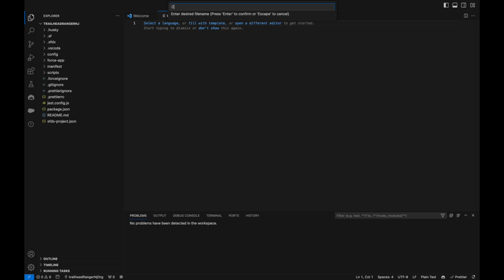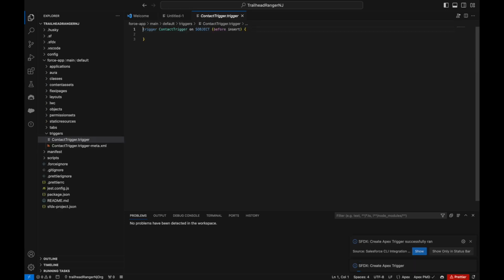You'll see this list, and then you can click on Create Apex Trigger, and you can give any name to this trigger. I'll be giving a simple name, ContactTrigger, and now you can see it is giving us the basic template of what its syntax should be: trigger ContactTrigger on which object, that is, on which standard object we should have this, and then what action we should perform on this. Okay, so we'll be updating the standard object to Contact, and we should be performing the operation for